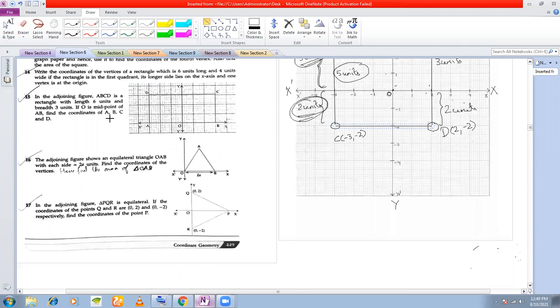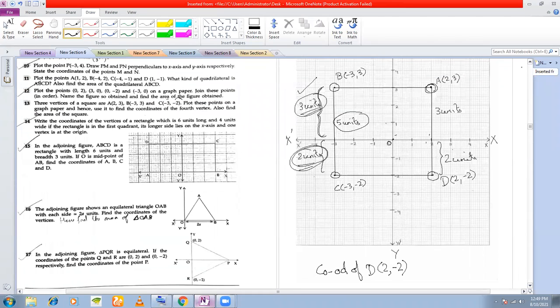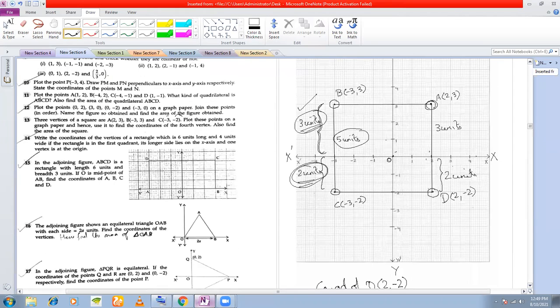Okay, so your answer will be on the back side of the graph or on the answer sheet. After giving the question number, you will write coordinates of D, (2, -2). Okay. Clear to everyone? Kripa, is it clear to you? Kripa, Samir, Saloni, clear to everyone? Yes, sir.